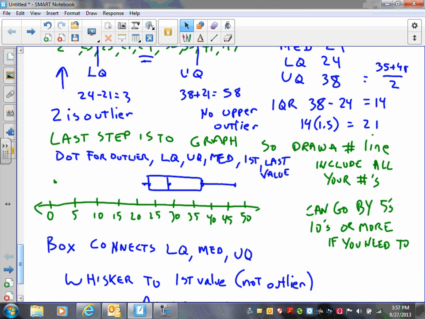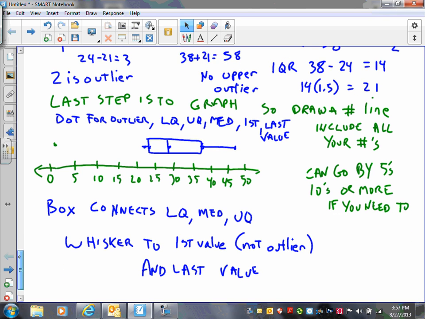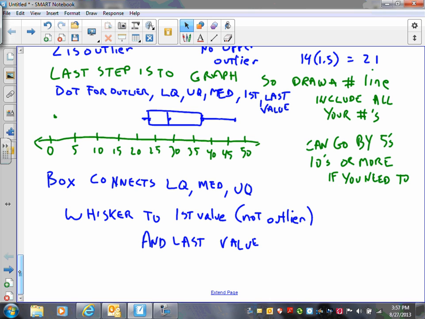You draw a box around the lower quartile, the upper quartile, and the median. And you put a line through the median. And then you draw whiskers out to your least value, your first value, and your upper value, the ones that are not outliers. Your homework is going to be page